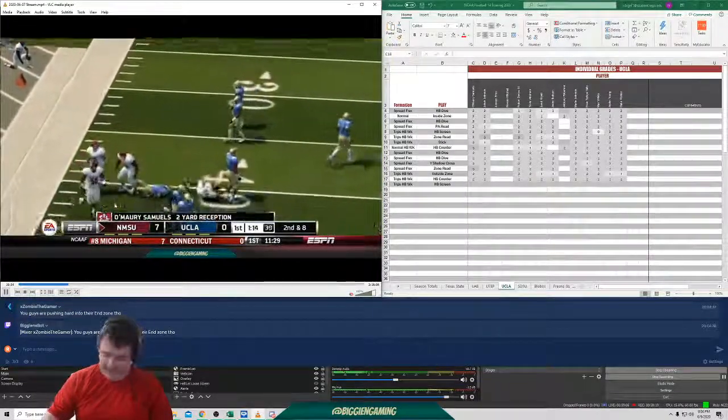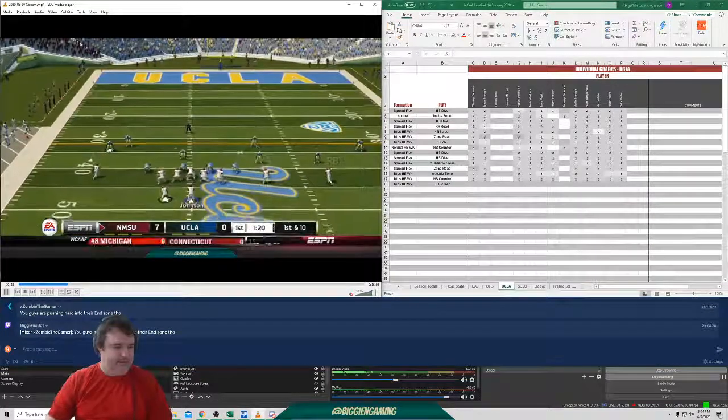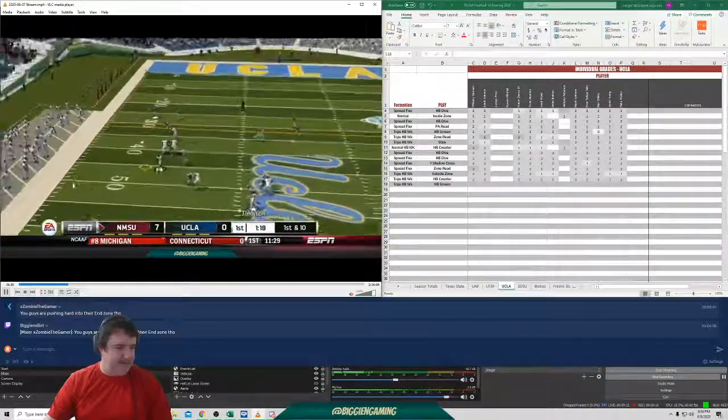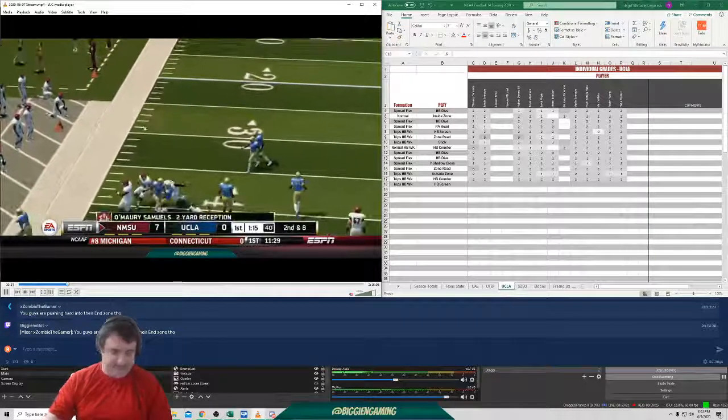Ooh, they all get ones there, the line. That's not great. They know where they're supposed to go, but it's all ones. But again, it's not a great block there. We might have been able to cut inside if that tackle's not there.